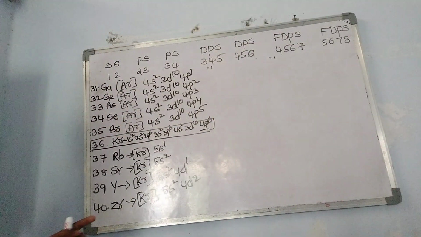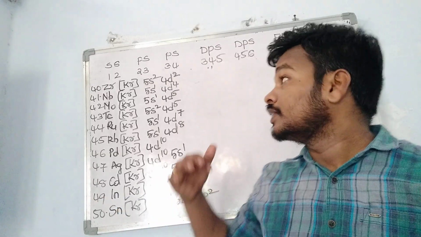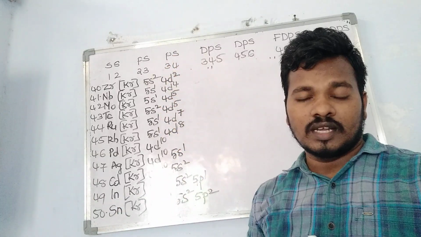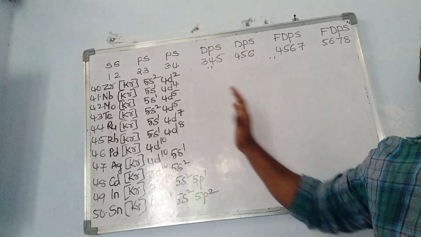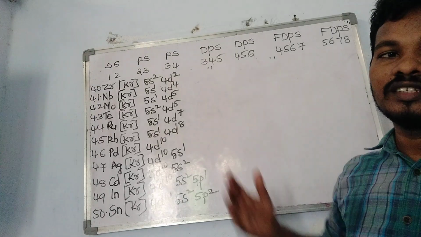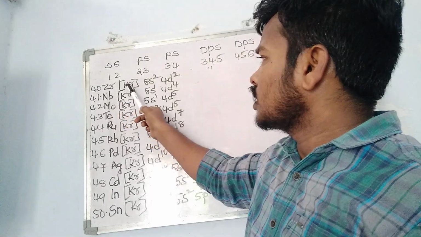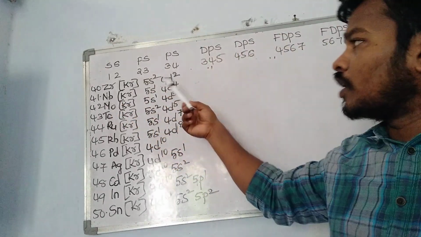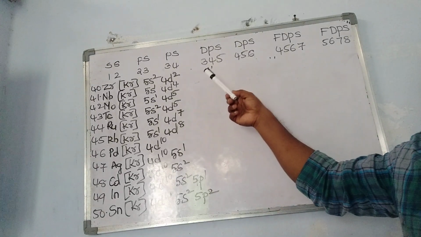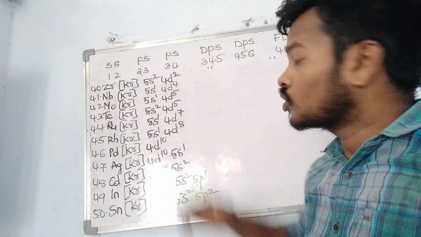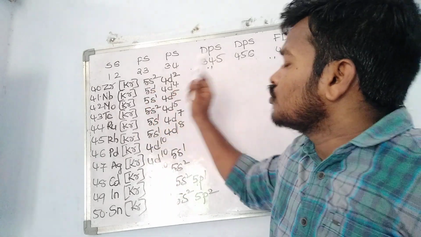Next you can see 41, where a small variation will be there. There are exception cases. They will not follow the Aufbau rule. Sometimes they will not follow, especially in the case of the 4d transition series elements. See here, for 40, zirconium, we write krypton in place of 1s2, 2s2, 2p6, 3s2, 3p6, 3d10, 4s2, 4p6. So krypton electronic configuration you have to write here. See here, 5s2 4d2 is there.